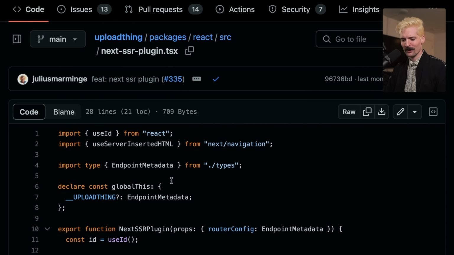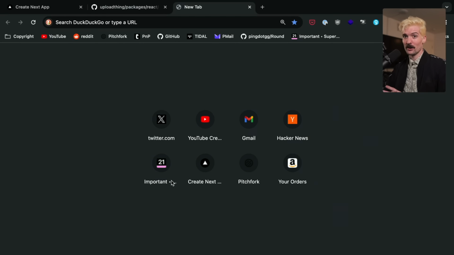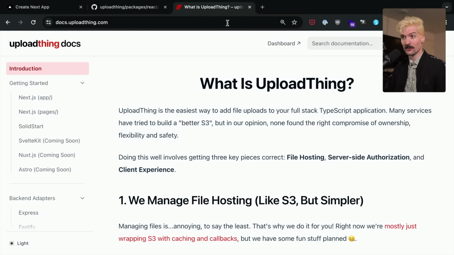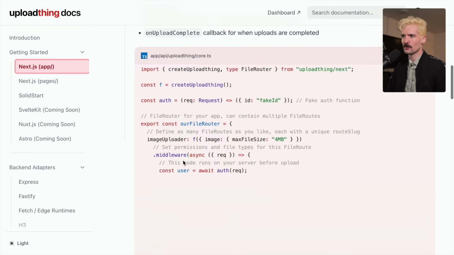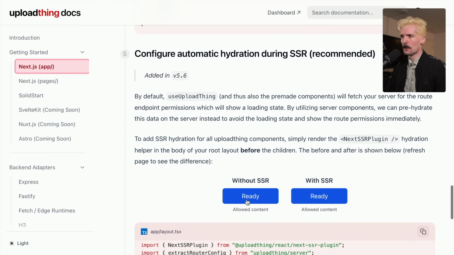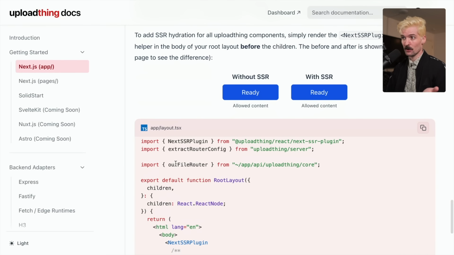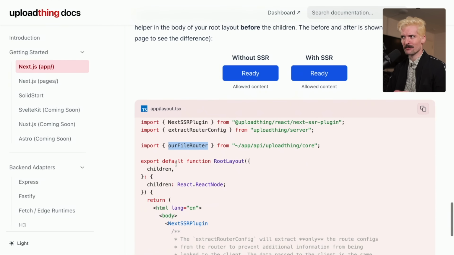What are we using this for, though? Well, with UploadThing, you have to define what uploads are valid and allowed for a given user. And we want to make sure that that context is accessible to both the server and the client. So we created this optional helper so that when the page loads, let's refresh this to see, without the SSR helper, you'll see a loading state before the context of which content's allowed appears. This would normally say something like "images up to 4 megabytes." But if we don't have that context coming from your file definitions on the server, we can't render that on the client without doing a data fetch.